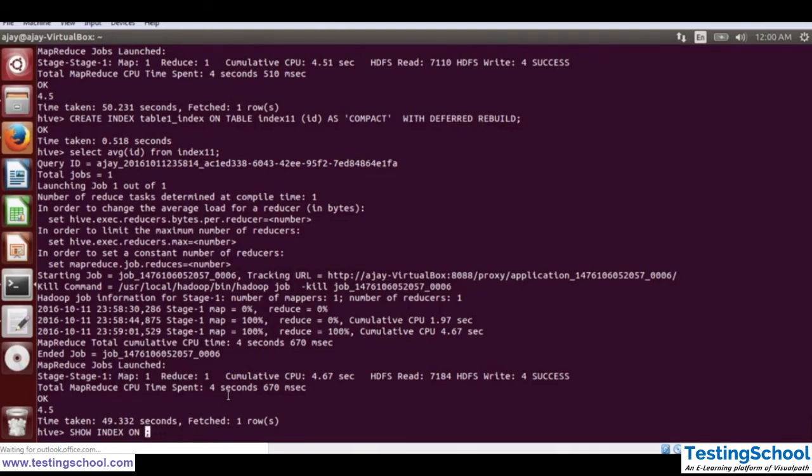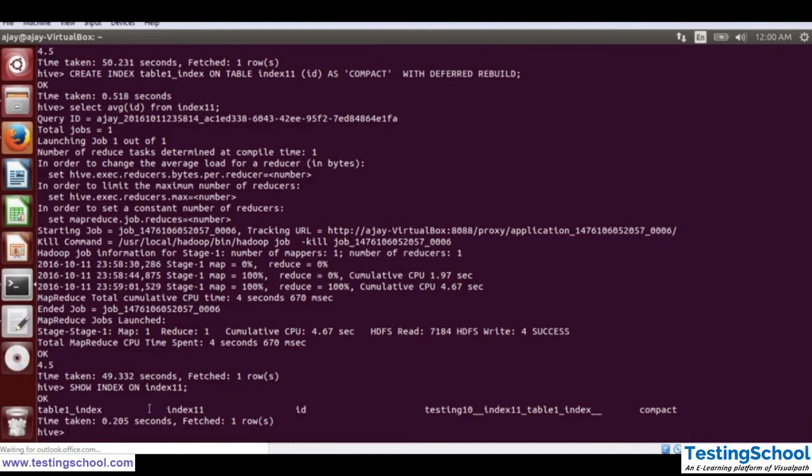index on, then you define the table name, that is index 11. Now you can see this is my index name, that is table 1 underscore index. This is my table, that is index 11, and this is my column, the ID column, and this is testing 10, that is my database.